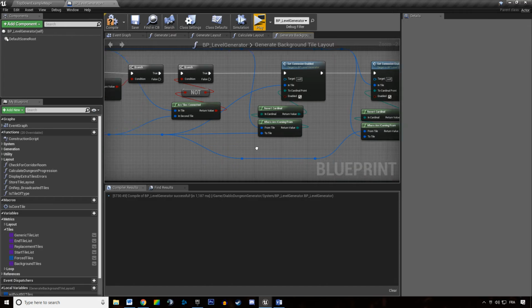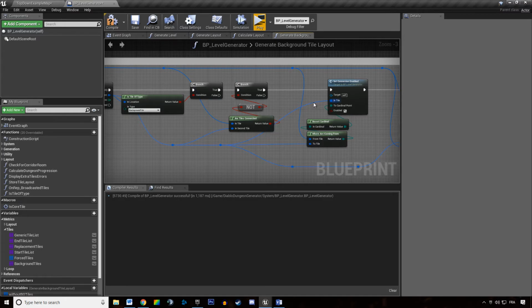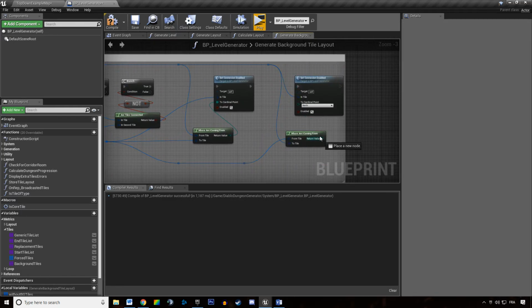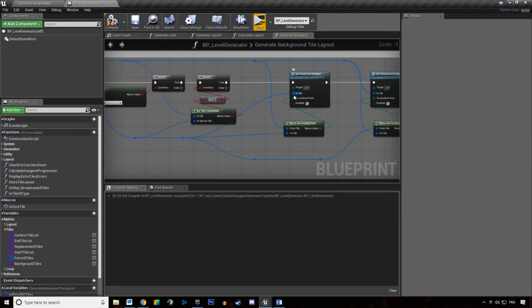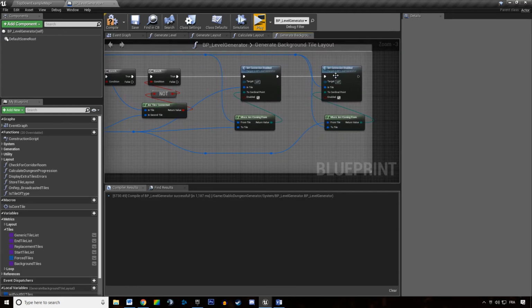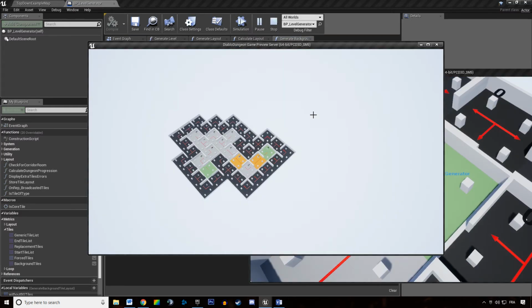So first, are they not connected? Okay, so if they are not, we are connecting the second tile to the first one. We are going to get rid of the revert cardinal. They make no sense. I can just revert the logic and it will be the same. So we are connecting the second tile to the first one, and then we are connecting the first tile to the second one. All right. If I'm hitting play, it seems to be working,